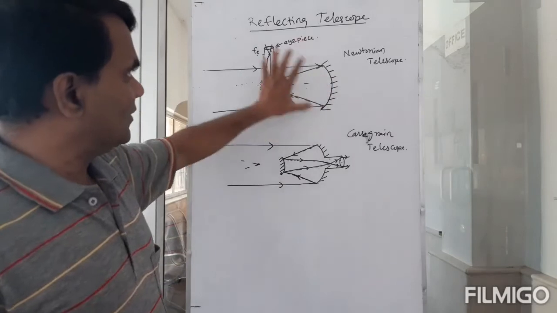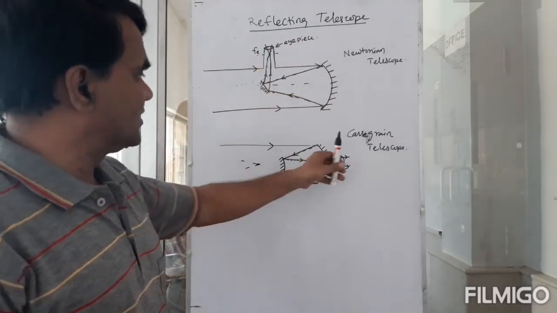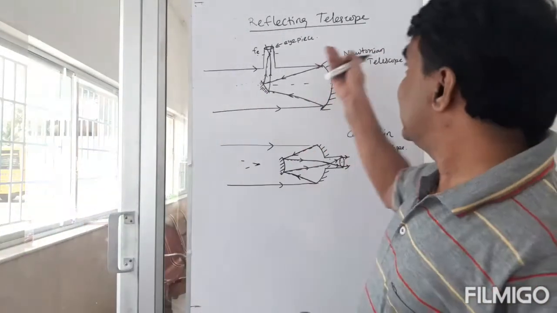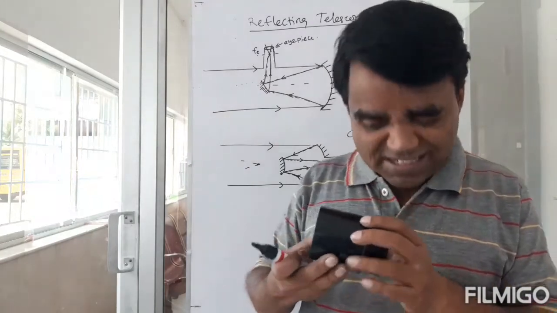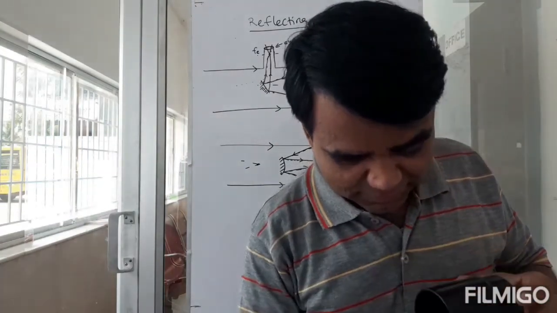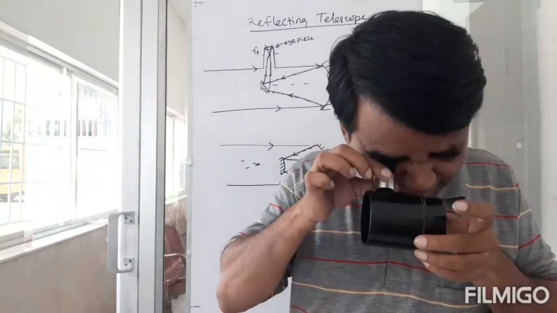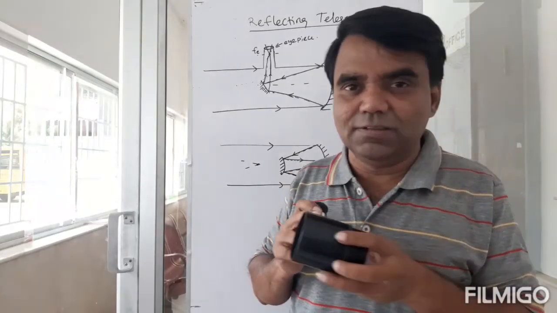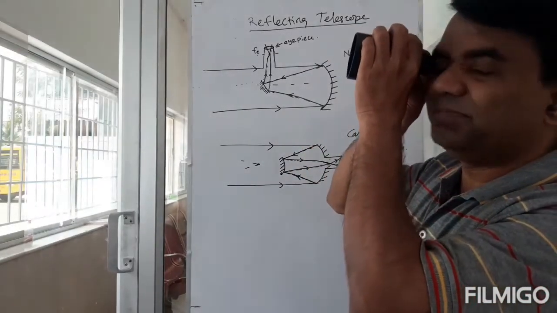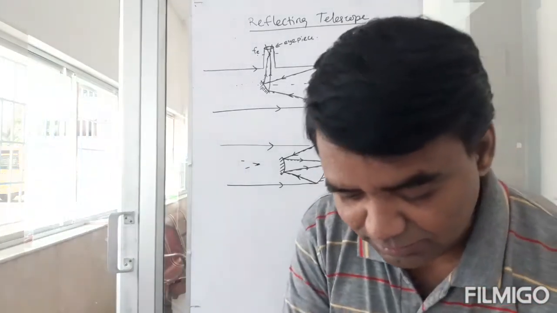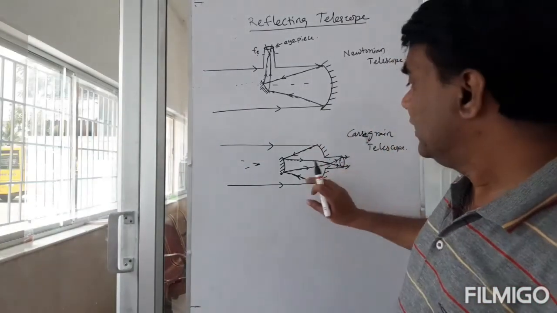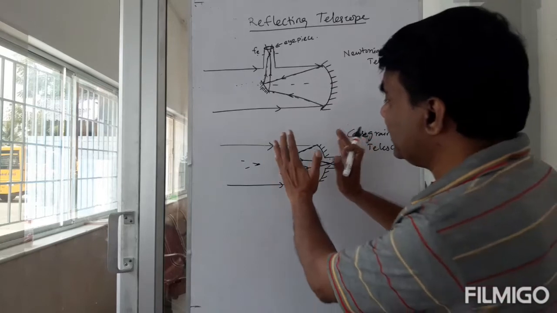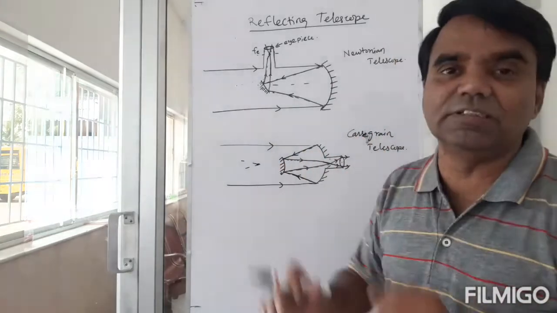The advantage is that you'll be able to see it in the same direction. But in the other case, if the telescope is like that, then you will be seeing it like this, because the eyepiece will be here, but the telescope will be pointing in the other direction. But in this case, you'll be able to see it like this. So that is one advantage. And by using this convex mirror,